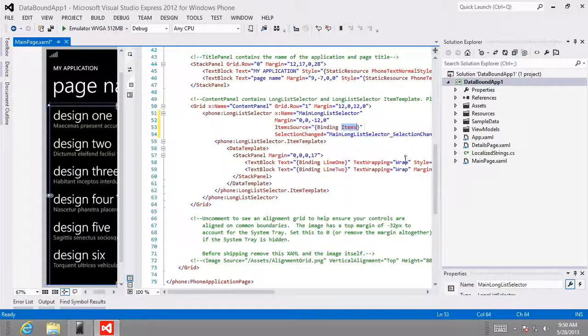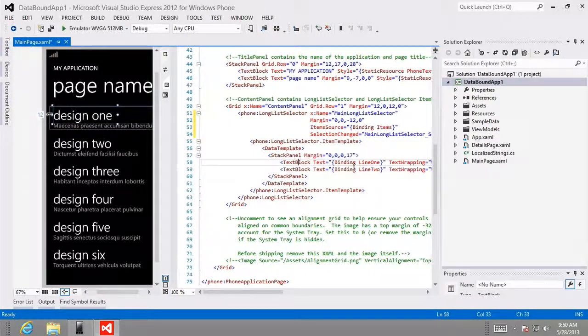All right, and then we can see that there is an item template that's set to an instance of data template. And inside of this data template, there is a stack panel and 2 text blocks. Now, as I'm making selections here in the XAML, do you notice what's going on in the viewer off to the left-hand side? When I put my text